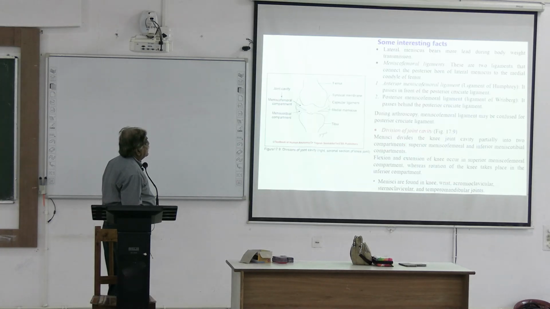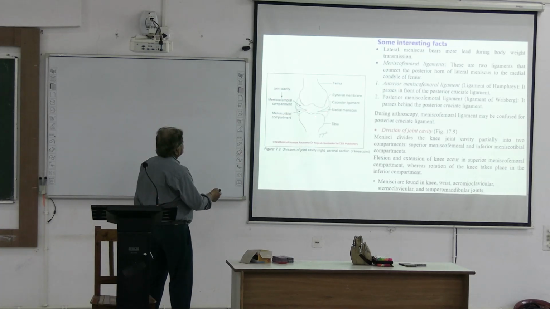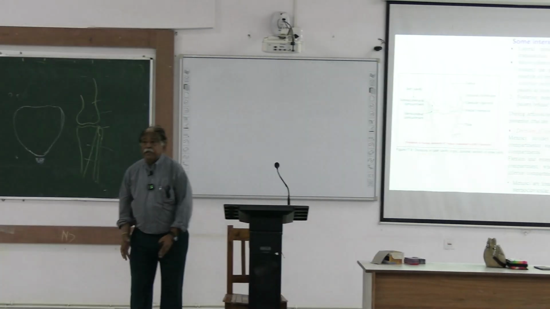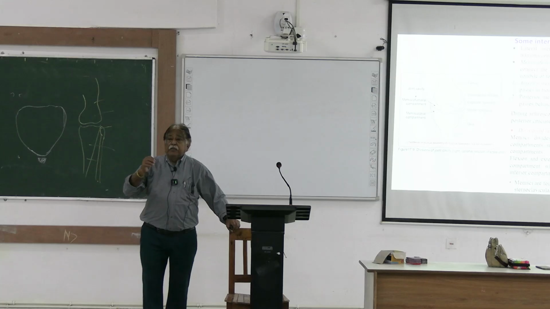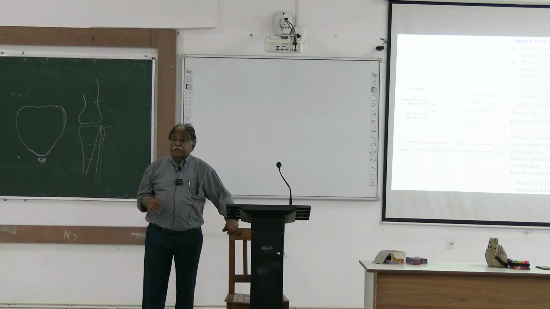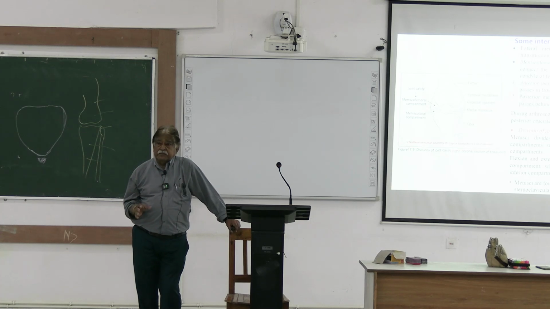Again, see, I told you, I showed you this meniscotibial compartment. That's why, if any injury is there, there will be a big swelling. Sometimes hemarthrosis, blood in the joint cavity. There you have to aspirate. And also there can be knee joint swelling in some pathological conditions. Previously tuberculosis was very common, tubercular arthritis.